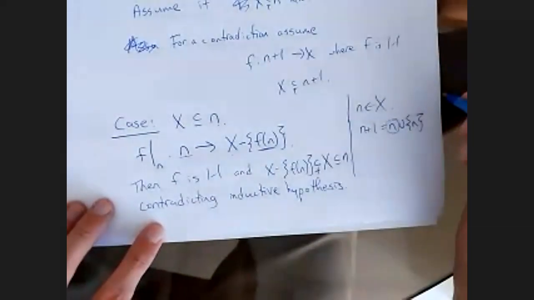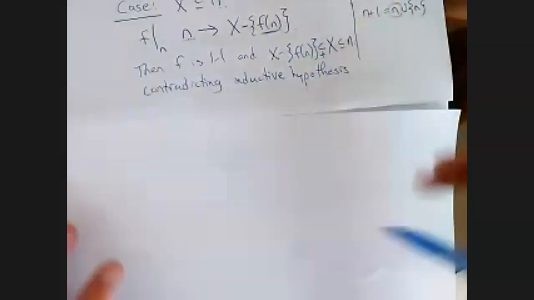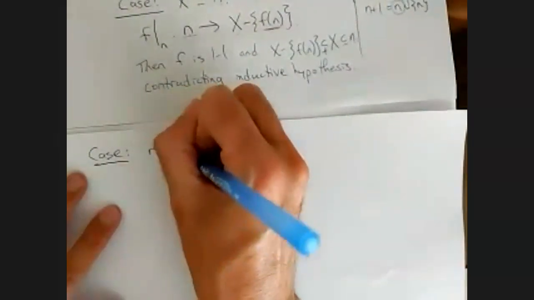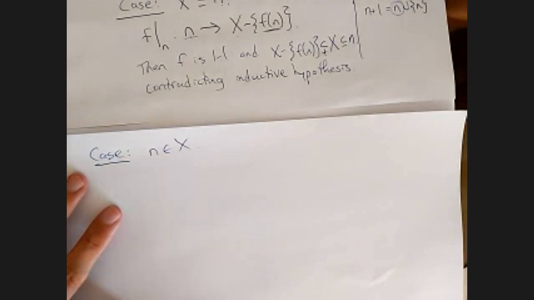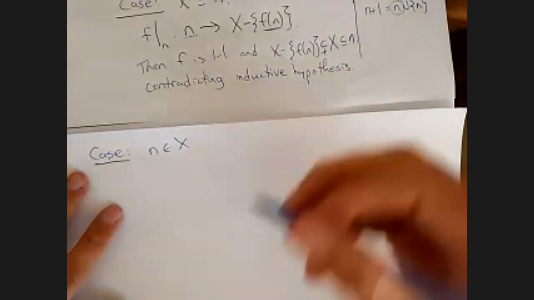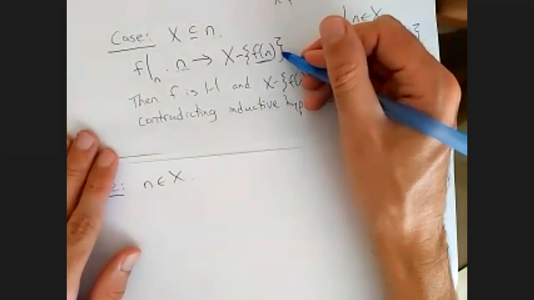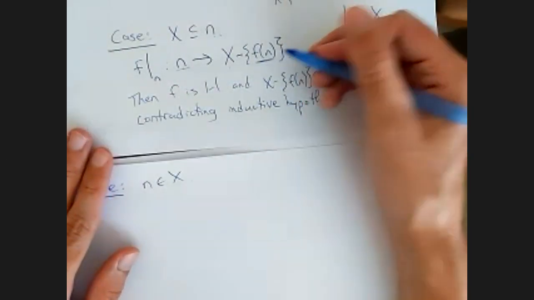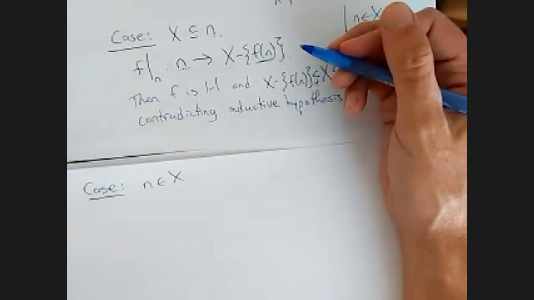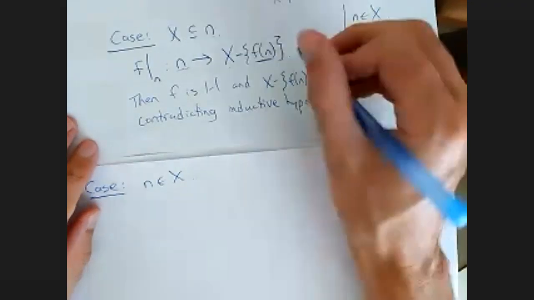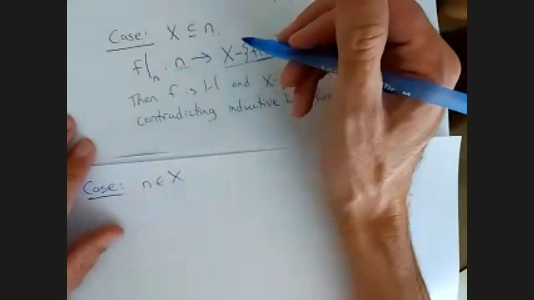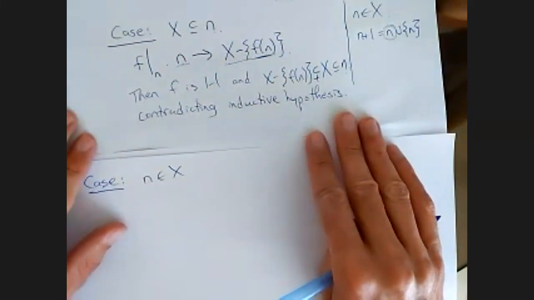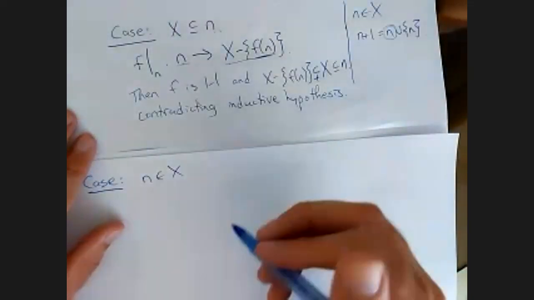Okay. Now we have to deal with the other case. The other case is when n is in x. Well, then we can't really do this trick because this is not necessarily going to be a proper subset of n. This might include n and not be a proper subset of n. So we have to do some kind of trickery. Not really trickery, but something else. But what we know is that